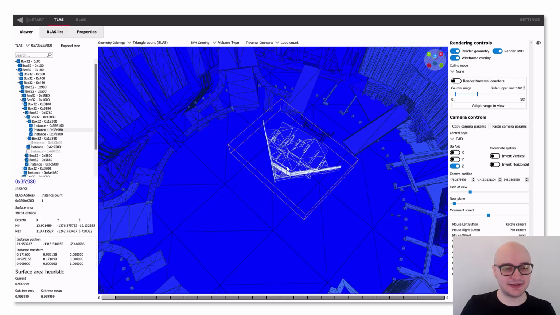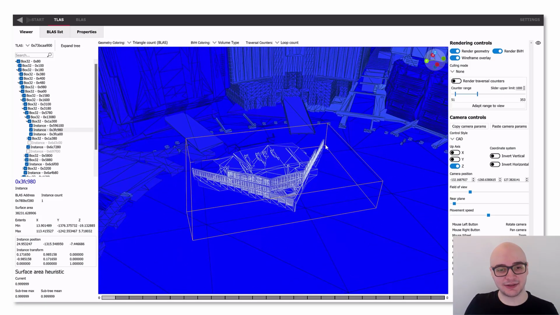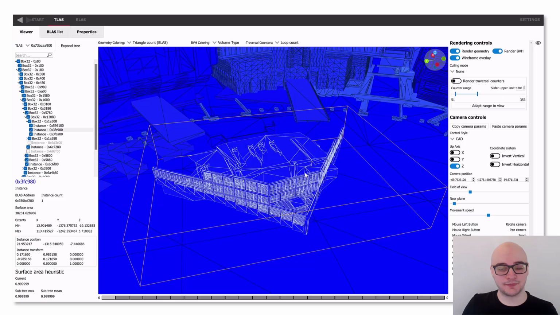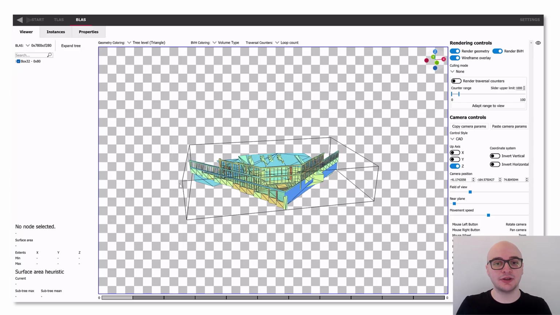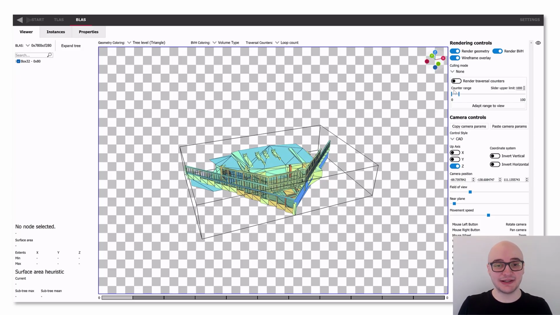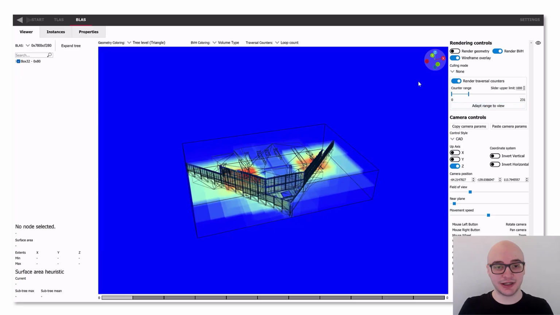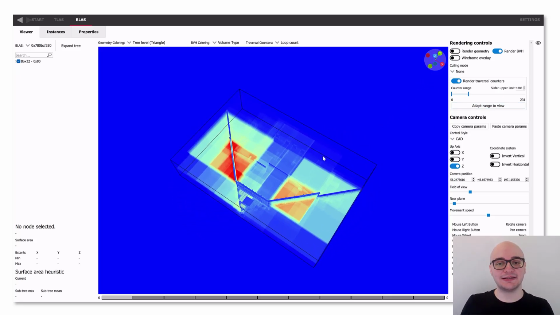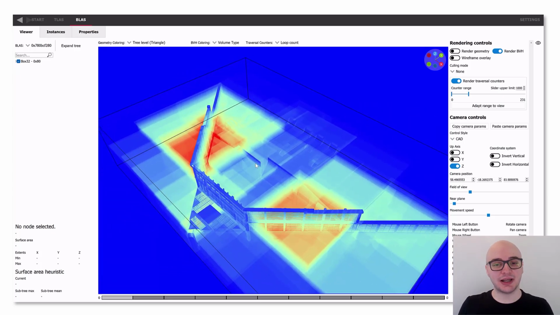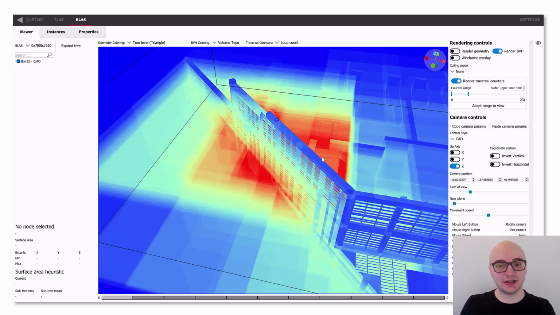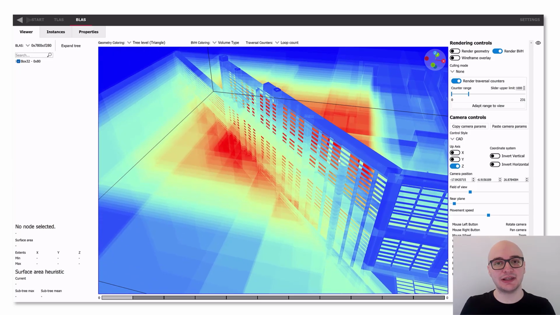Once we confirm that this is an anomaly, we can further isolate in the BLAS viewer. You can double-click in the viewer or click on the BLAS address to switch to BLAS viewer. Viewing this object in the BLAS viewer through loop counters reveals that the volumes that enclose these long triangles in the structure occupy a significant amount of screen space. Since similar triangles are stacked next to each other, the volumes cause a high increase in the loop count.